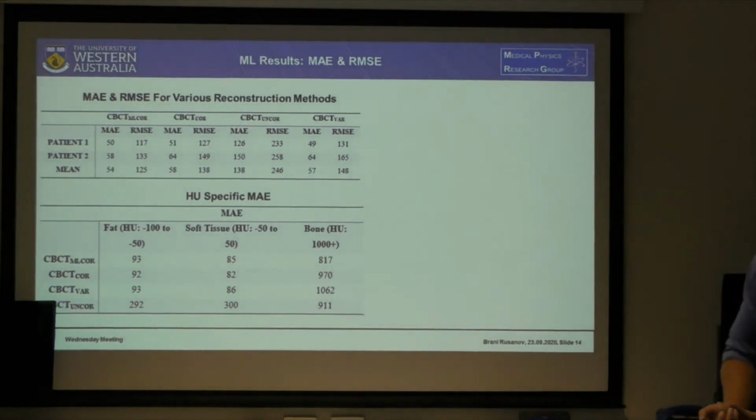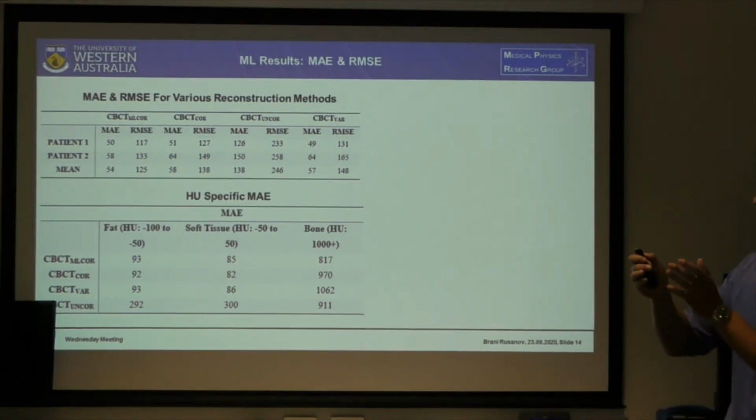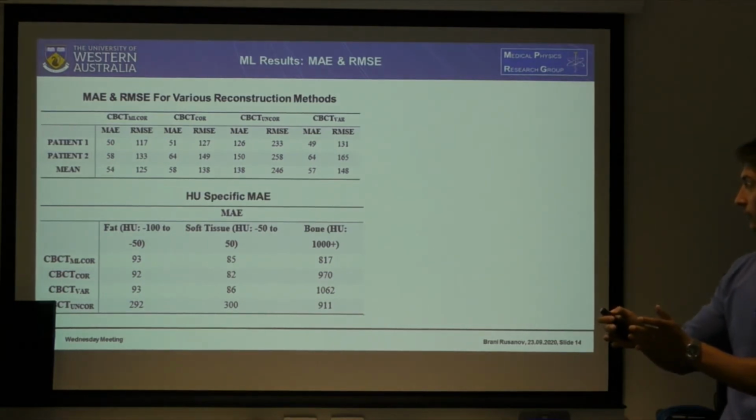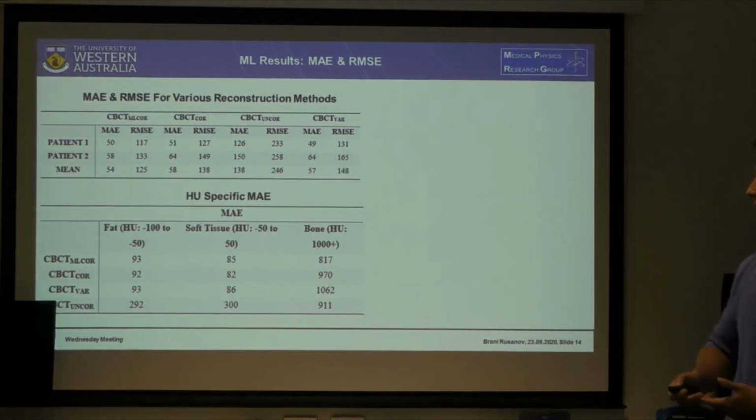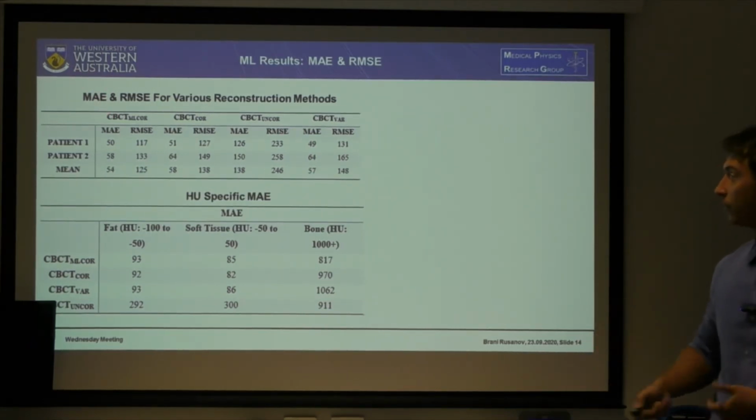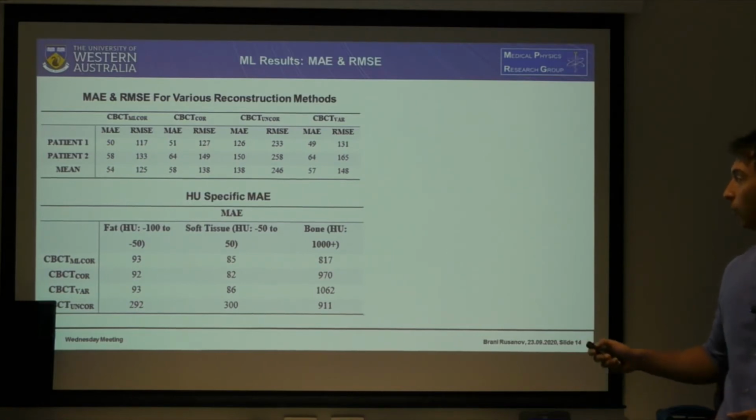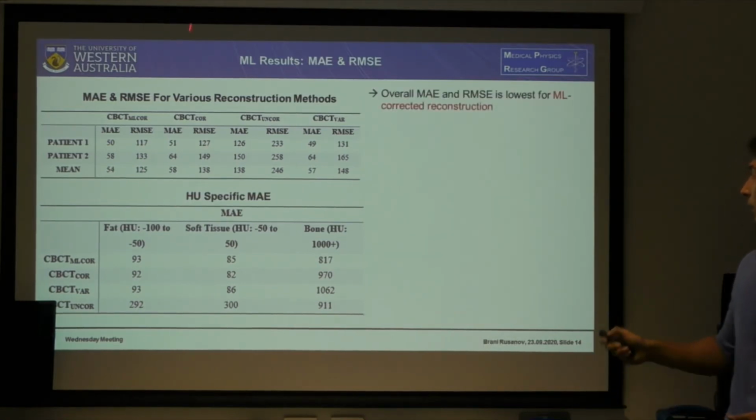Here, I have now moved on to the reconstruction. So I've reconstructed all of the corrected images for SN1, and the top table shows the MAE, the mean absolute error, and the root mean squared error for the various reconstruction methods. And what we notice immediately is that the lowest MAE and RMSE is found for